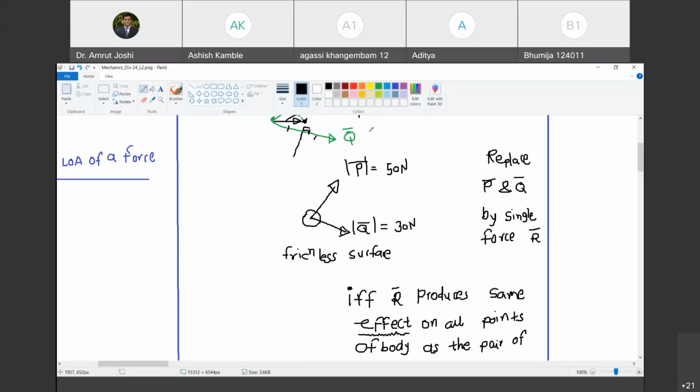Yes, sir. Now, can you observe the direction in which the striker is moving? You have applied P bar equal to 50 Newton in the shown direction. You have applied Q bar equal to 30 Newton in the same direction. Now, question: can you observe the direction of motion of the striker experimentally? Can you observe? Aditya? Yes, sir. And how do you observe that direction of motion experimentally? Am I audible, Aditya? Yes, sir.